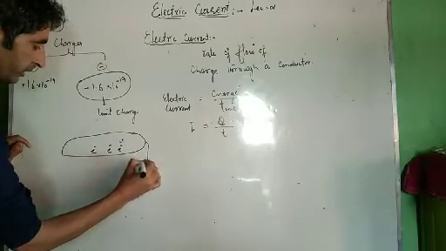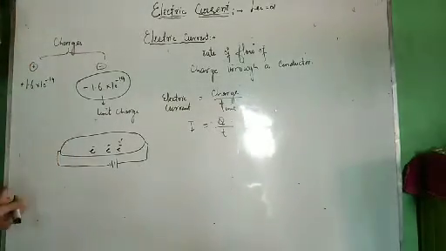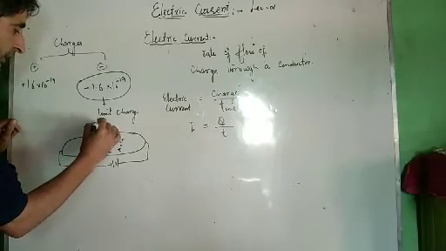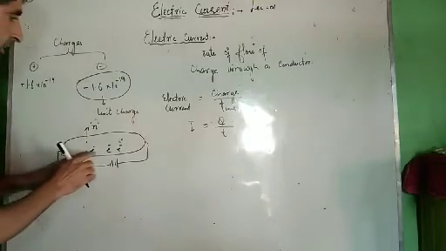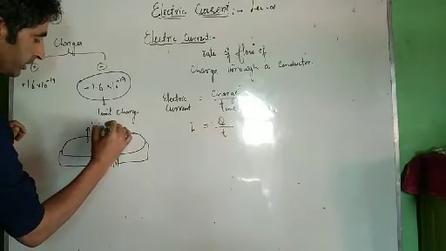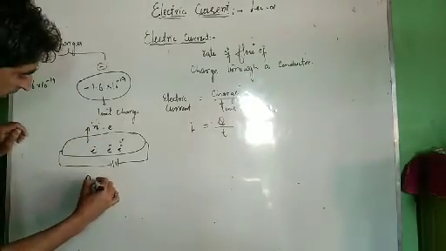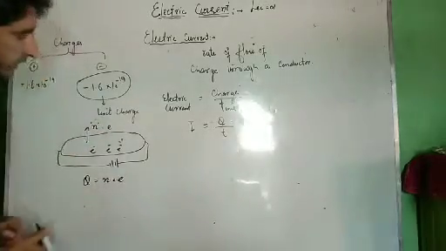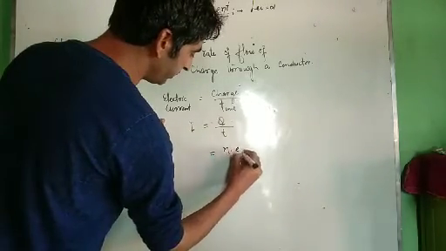The electrons will start flowing when we apply it to the terminals of the battery. Now it's connected to the terminals of the battery. How many electrons are flowing through the conductor? Let that quantity be denoted by N. N is the number of electrons flowing through the conductor. What is the charge on an electron? It is equal to e. Total charge here will be equal to the number of electrons times the charge on an electron. Therefore Q is equal to Ne. If we substitute over here, we get I equals N into e divided by T.